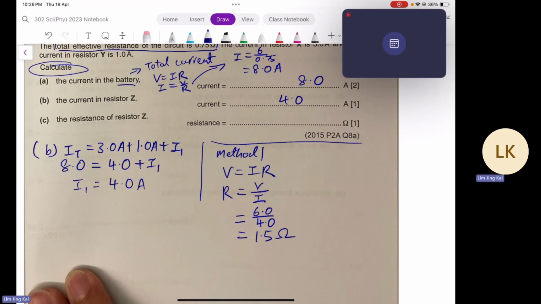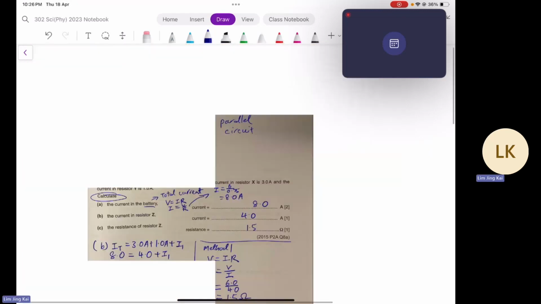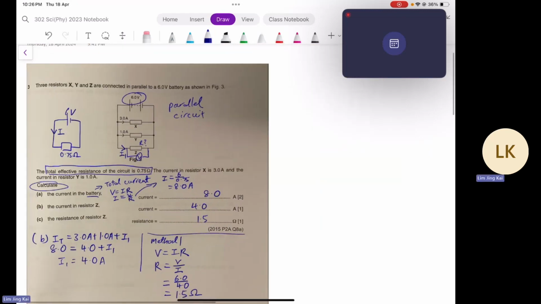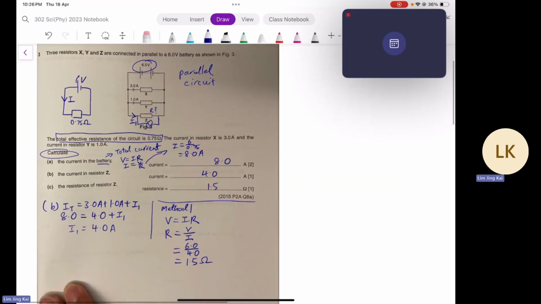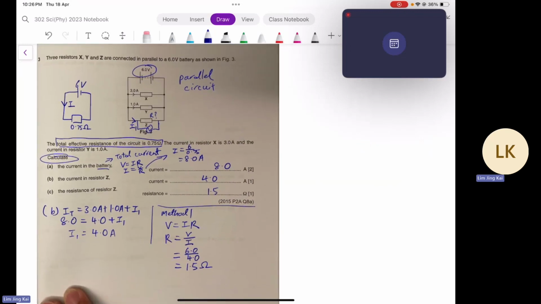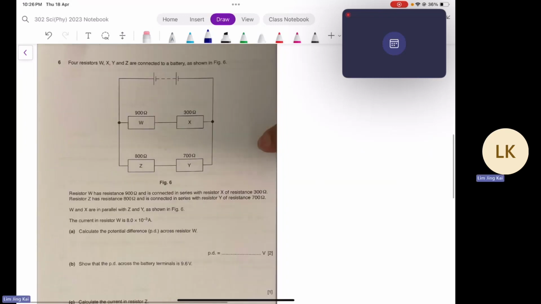So this gives us the answer as 1.5 ohms. Okay, do remember to present your answer as 2 significant figures or 3 significant figures. Okay, so I hope that this practice for the parallel circuit is sufficient to help you understand the chapter itself. Okay, let's move on. Now we have